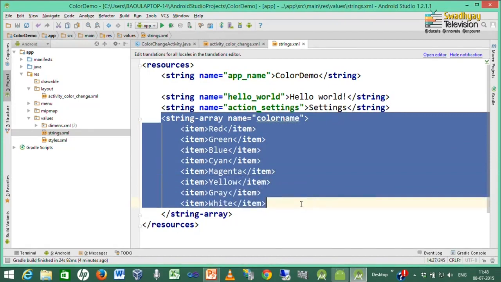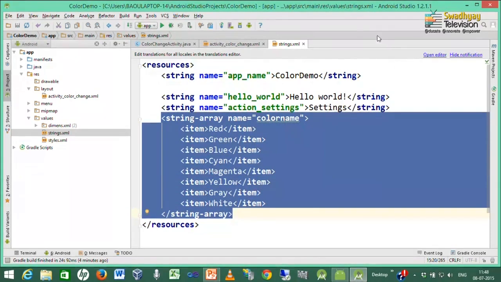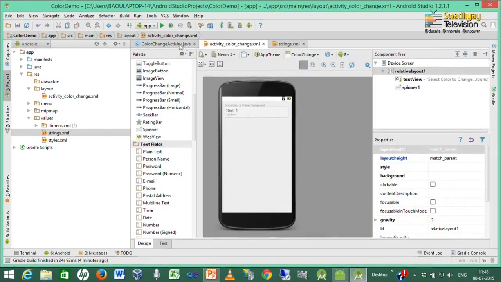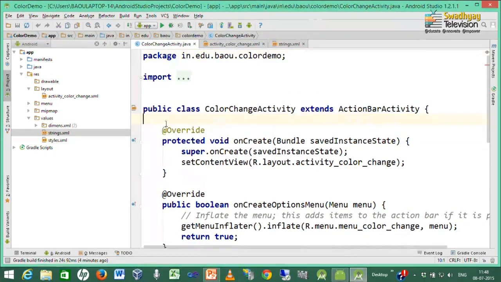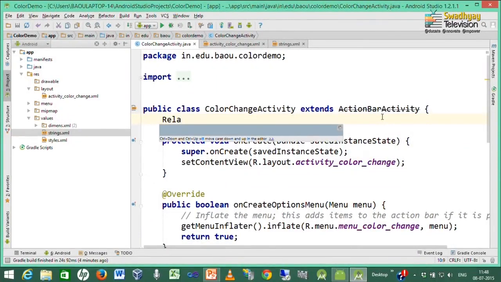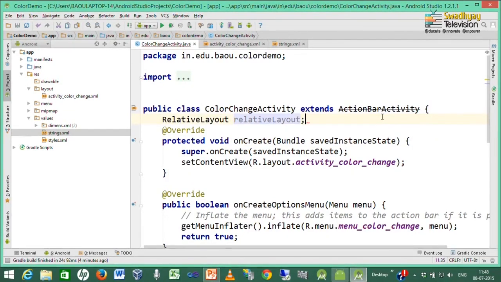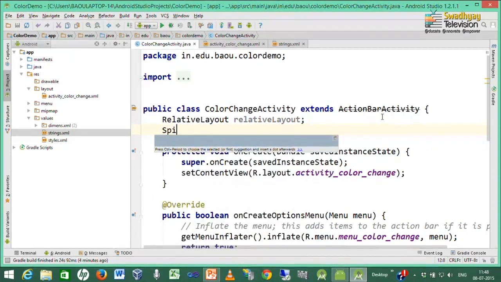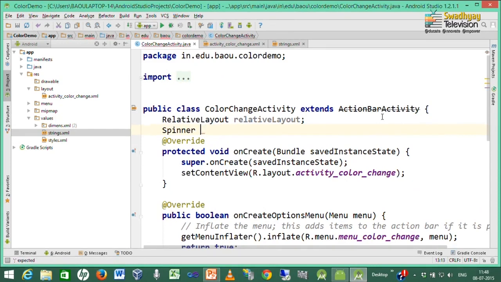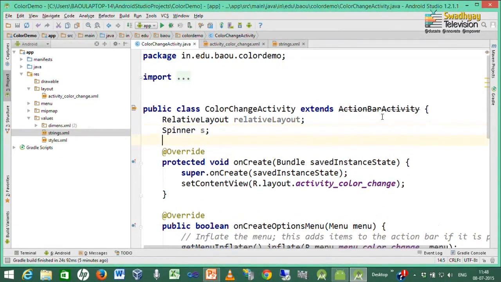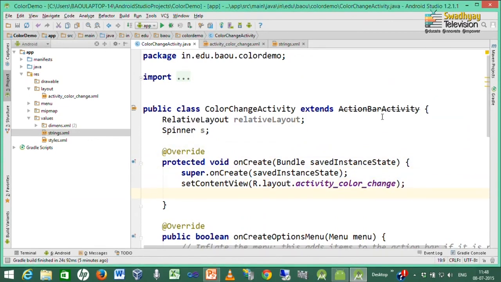Now, we want to fetch all these color items inside the spinner. So, whenever the user runs this program, it should display those color names. So, here I declare one relative layout to set its background, and we declare one spinner control s, and here we take a reference of this layout and spinner.